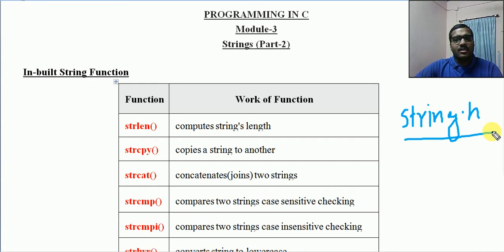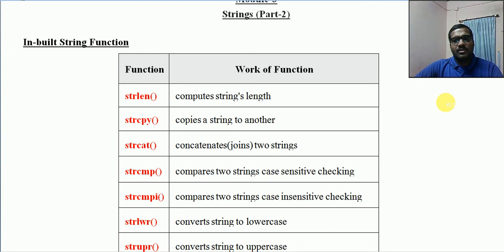Now let us see the various string handling functions available for character arrays. First, we will list out the names and the primary usage, then we will see each in detail with some simple examples.